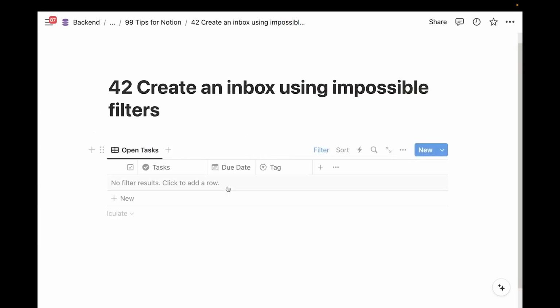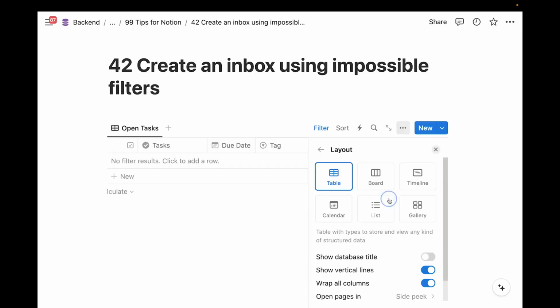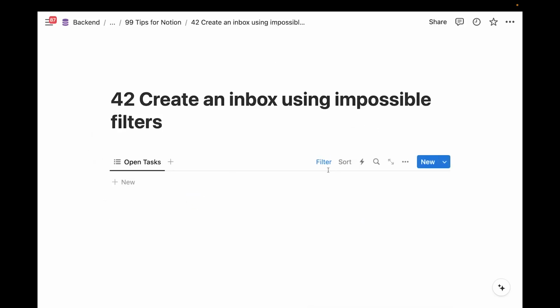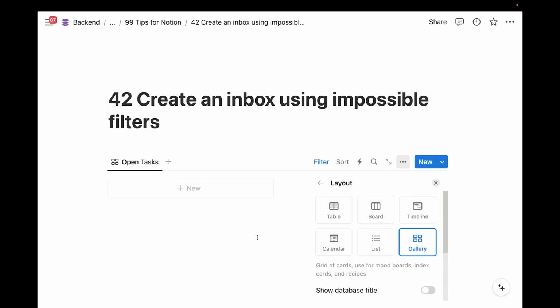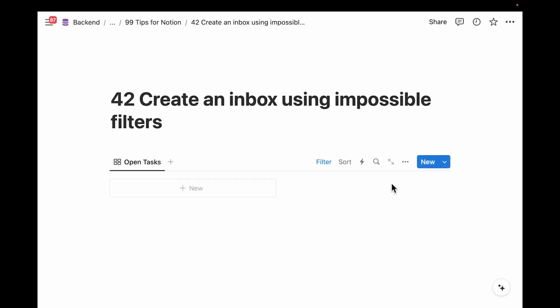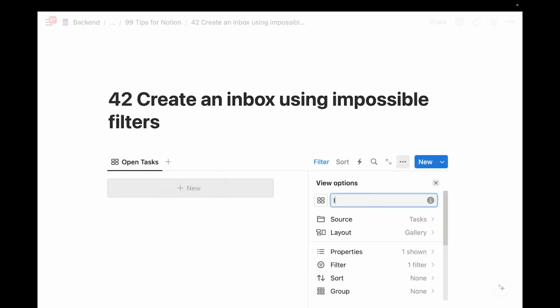Now, in order to make this even more minimal, what you could then do is to go in here, right, and say, well, actually the layout should be a list because that's a lot cleaner, as you can see, than the database one. That's one of the two options. The other one would be to switch it to a gallery. That's also nice if you want like this big new button here. So these are the two options that you would typically go for. And now, yeah, you can just also rename this, so our inbox, and just use this to quickly add